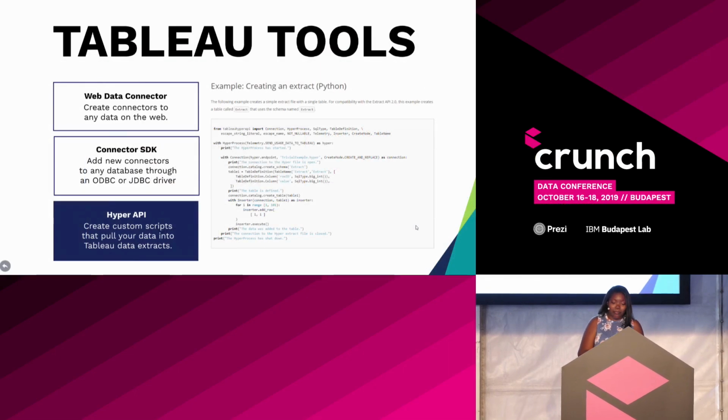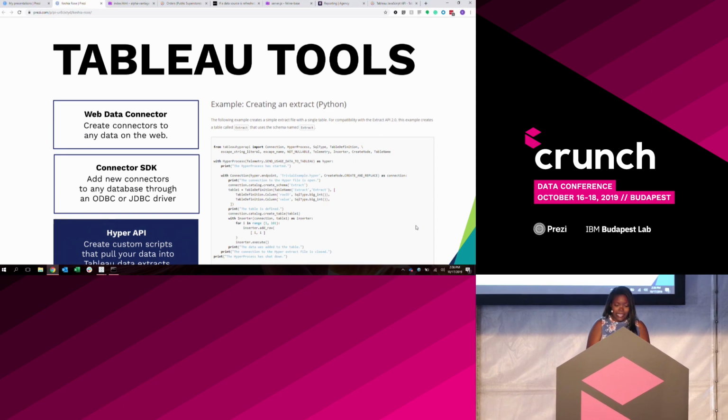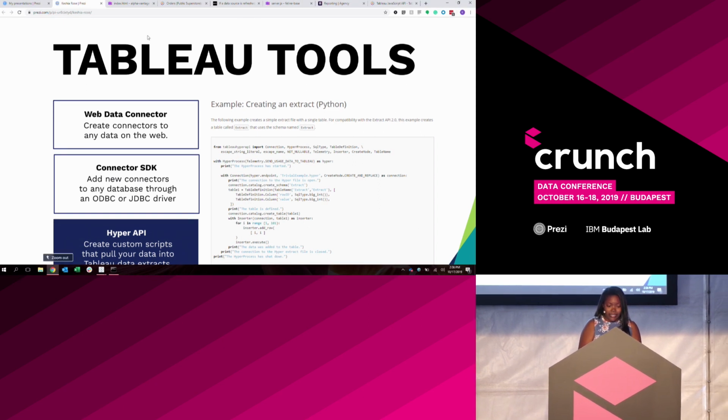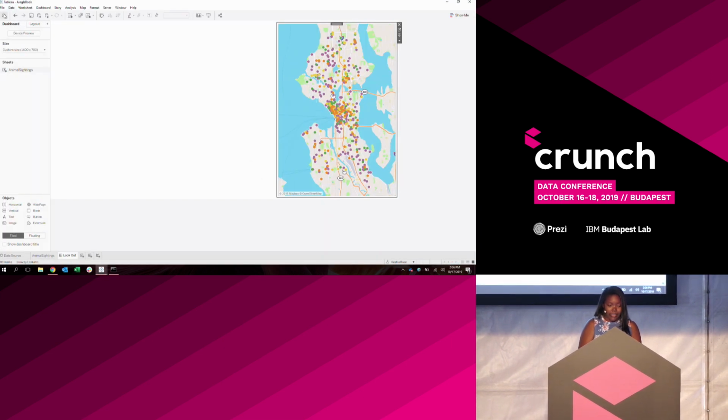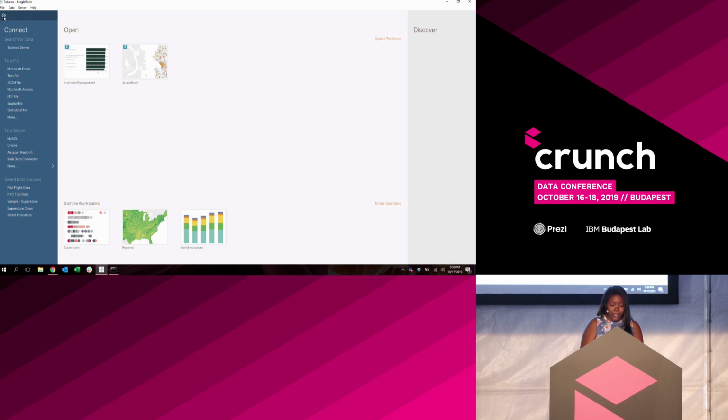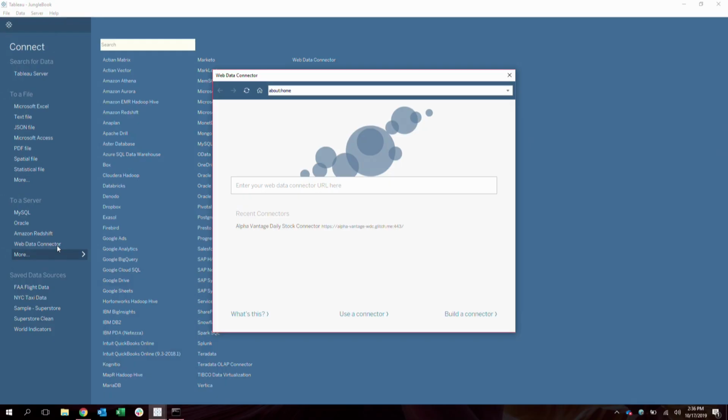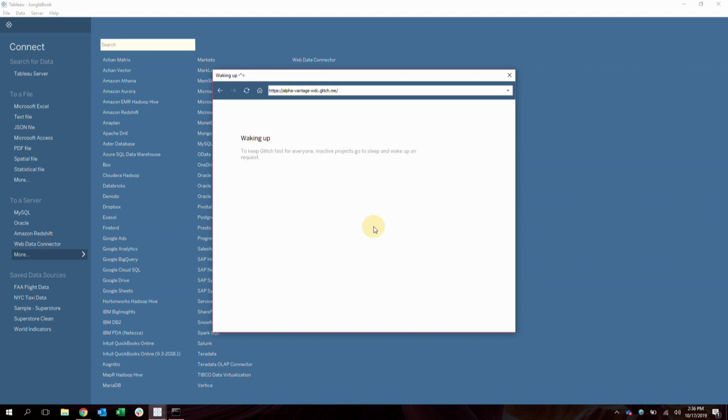So, a quick sample. Just showing you here our example for the Web Data Connector. I can connect to this Alpha Vantage daily stock connector. And now, this is actually some simple code that I've written, but an end user, all they need to do once they have this thing that's been built by a developer, all they need to do is connect to this